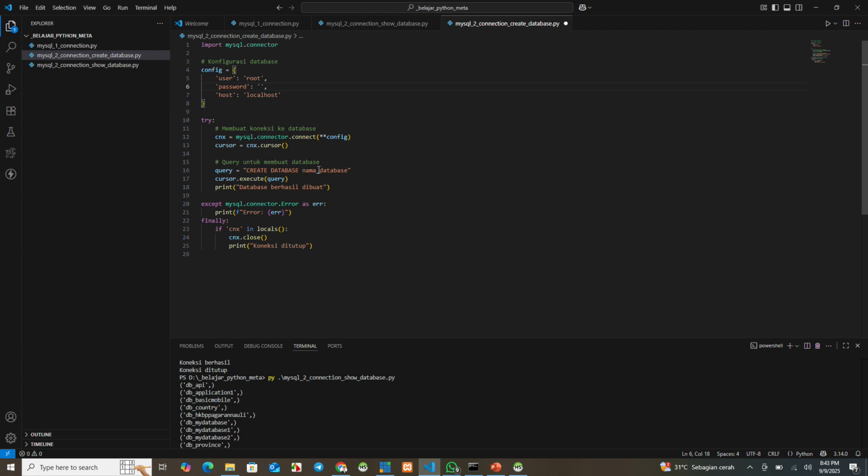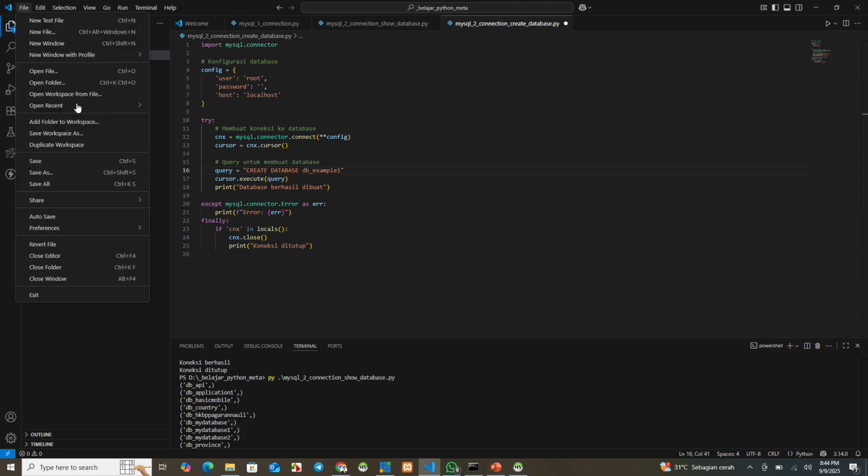We want to make this database name, for example, DB contoh 1. This is a database, for example, DB example1. Okay, create.